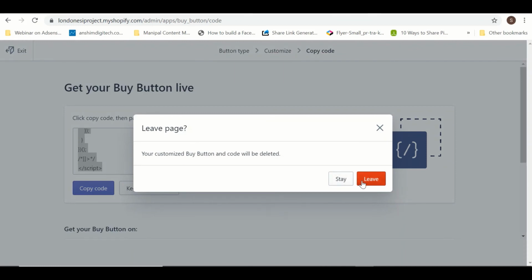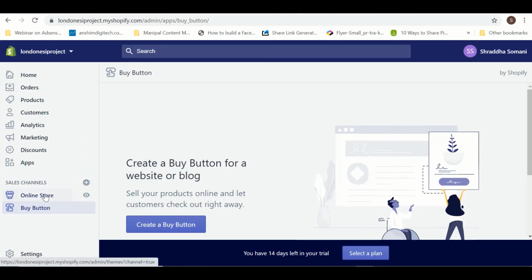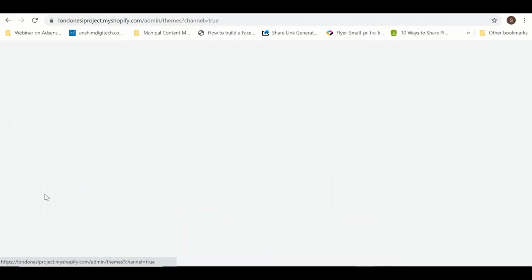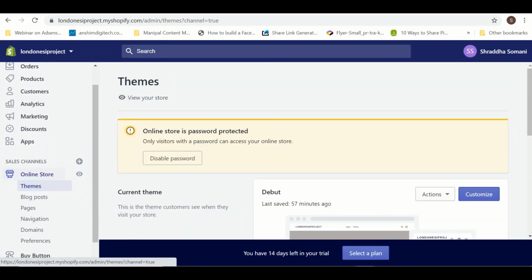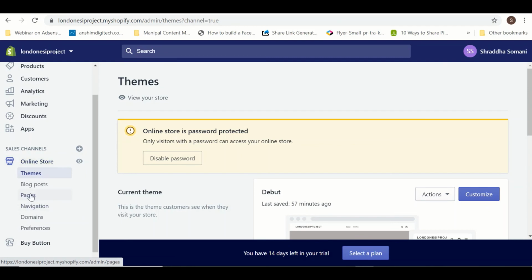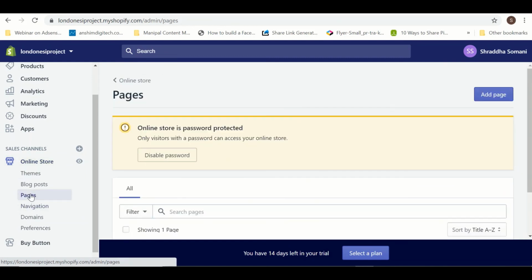Okay, now next, if you want to add any page to your Shopify store, how can you do that? You will click on online store and you will be able to see this pages option. So what you need to do is click on pages. Right now on my store I only have two pages, a home page and a catalog or collections page.